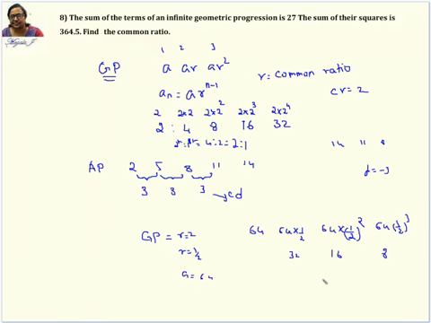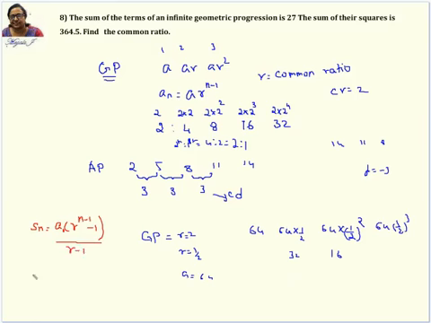So do you understand this formula, a r to the power n minus 1? And here, the sum of the terms. How do you say the sum of the terms? You have the formula. What is that formula? The sum of the terms here will be A into 1 minus r power n by 1 minus r. Let me write it in red color so that you will understand that it's a formula. Here A1 is nothing but the first term. So A1 into r to the power n minus 1 divided by r minus 1.